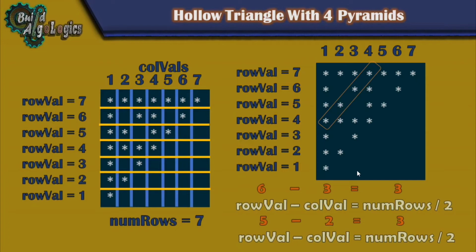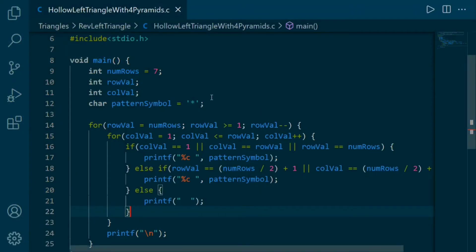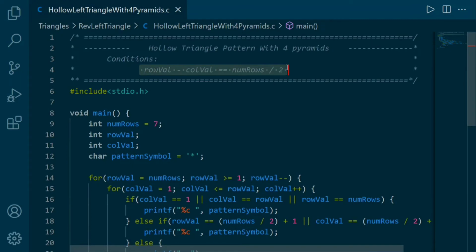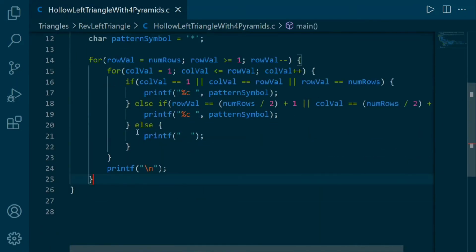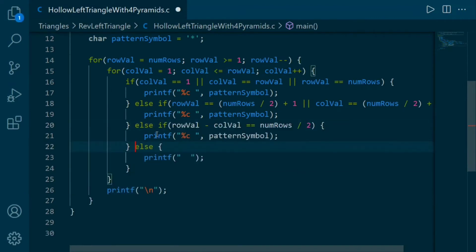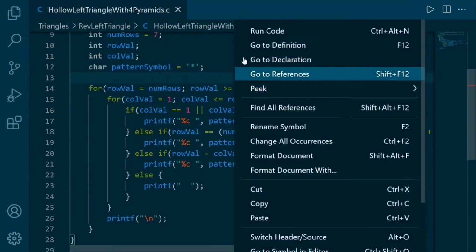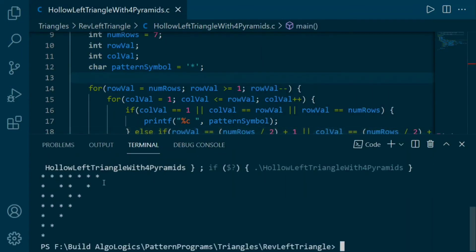We are doing this because at the end we need some conditions to print this part here. So according to these results, we can build our last condition like this. As we already seen it in our previous example, dividing row val by 2 returns 3. So this condition will be valid and that's it. Now we just need to include this one extra condition in our previous code to print this last pattern. Let's see how. Here I include this condition in this else if block. We can also use one another else if block for this condition if we wanted to, but I just include it here. Now let's run it and yeah, this is the code to print our last pattern.